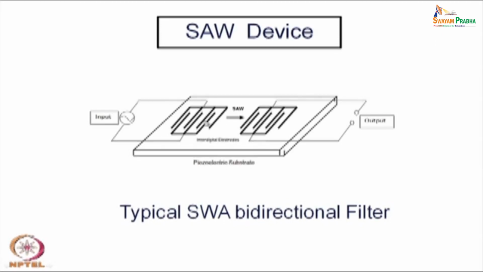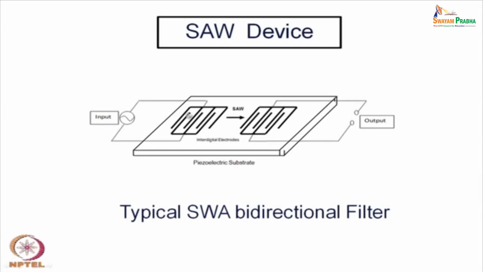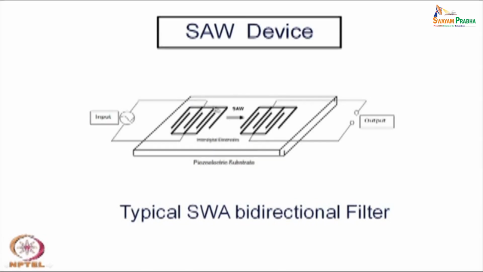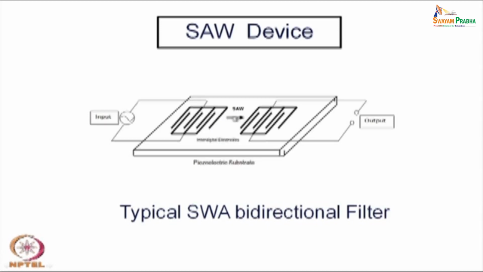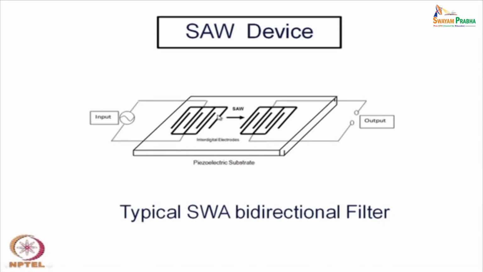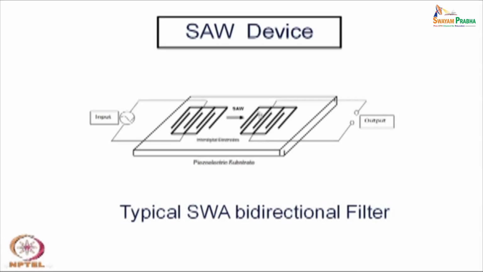So, the acoustic waves are generated not through the bulk of the material, but on the surface, and there are normally a pair of such interdigitized electrodes. The surface waves are generated there, and then get detected here. Okay. So, one can generate the surface acoustic waves on this and then get detected here, and in presence of